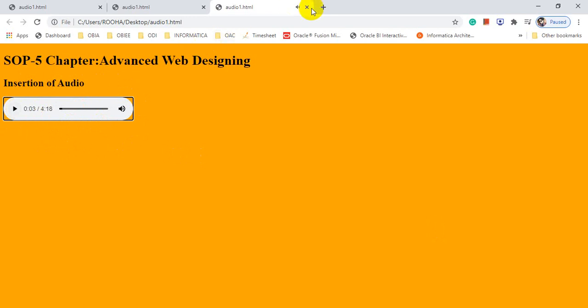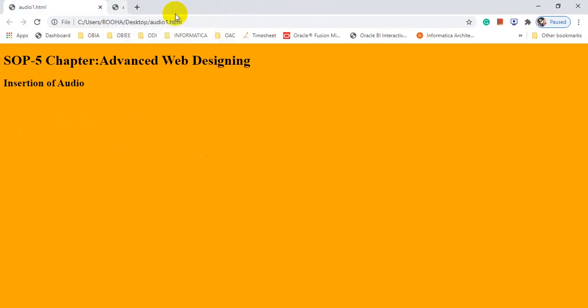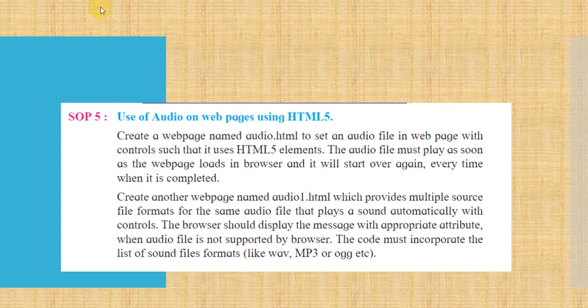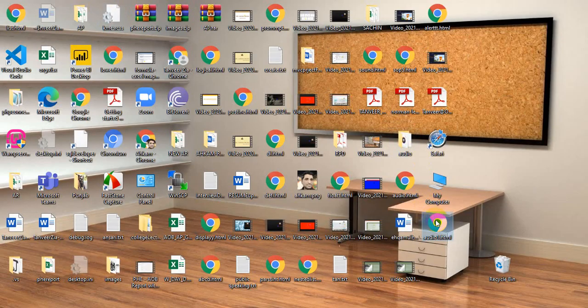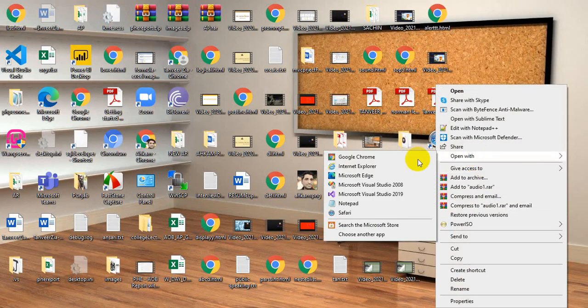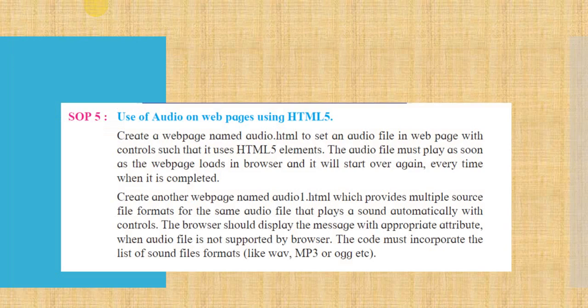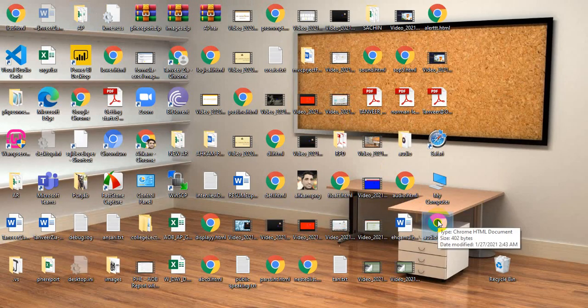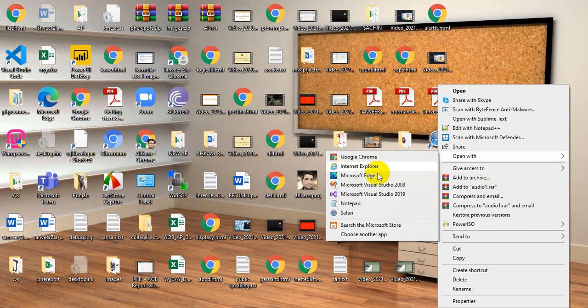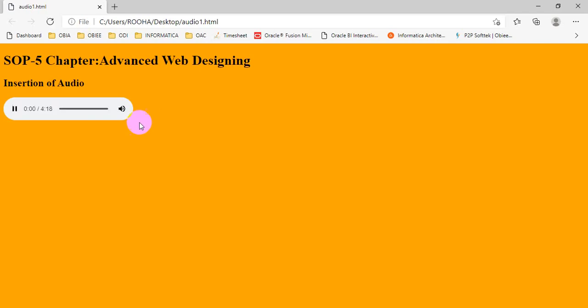Okay, even let me close all the files. Now I am going to open the same file inside another browser, like Microsoft Edge. Let me open it. Still it is working. Can you find the message? No. Close all earlier files. Let me open it again. It is very important. Again I am going to open in Edge. So the file is working. You will not get the message.